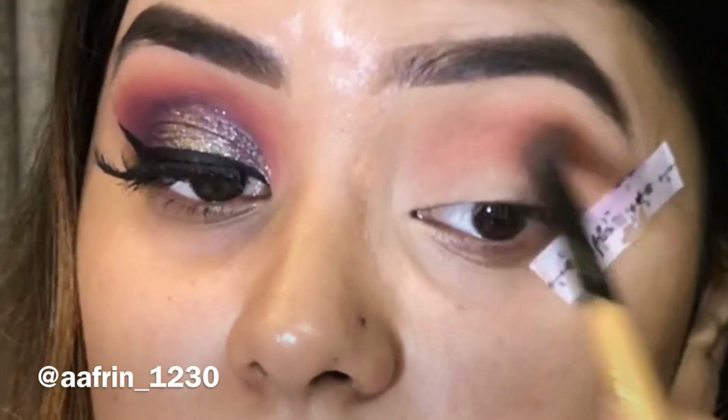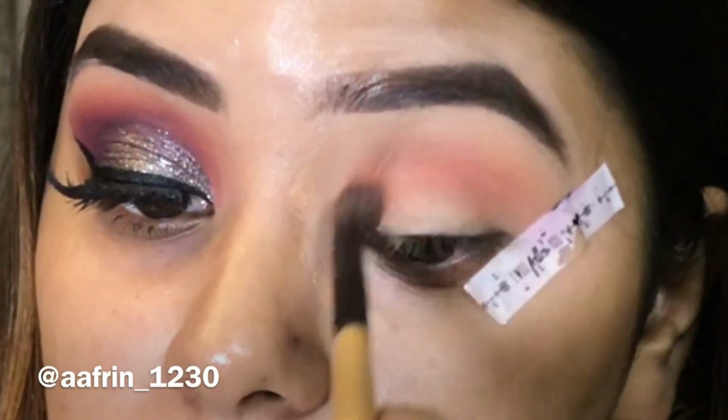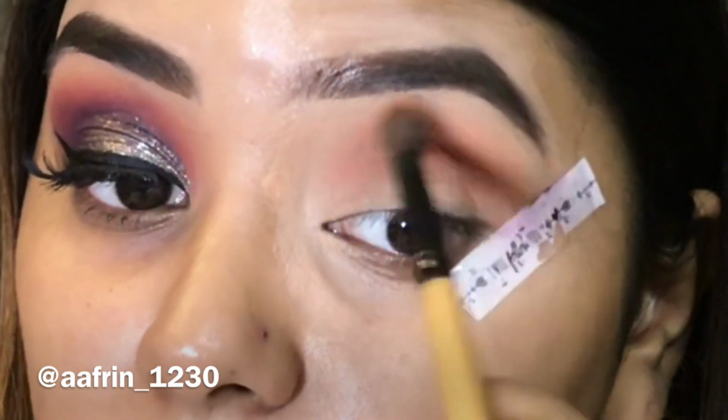I went in with a tape. I look weird, I know, sorry. I went in with a tape because I thought it's gonna give me a precise edgy look, which I was